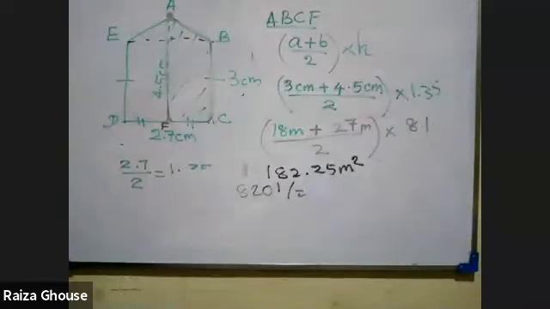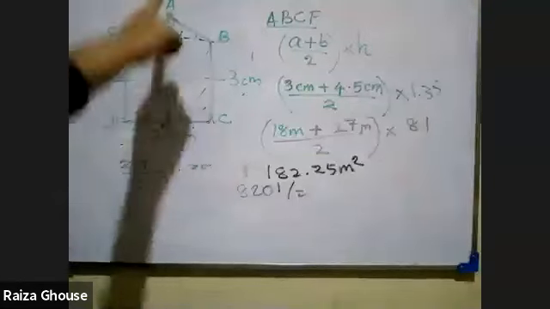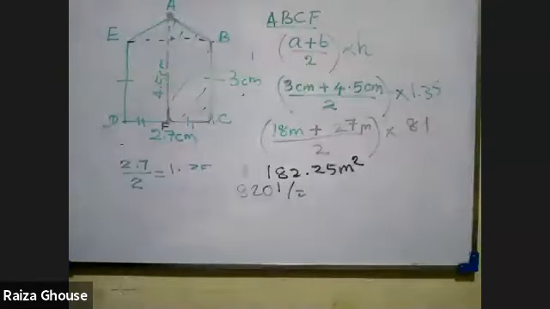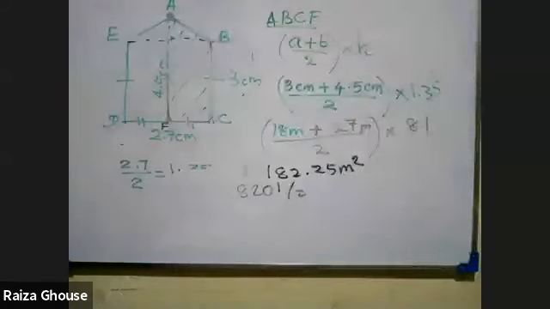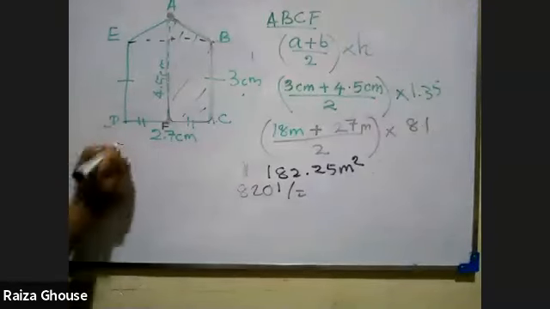So if the question is not clear, now listen. Keep your pens down and listen carefully. A diagram is there, okay? It's a diagram of a building. BC length is 3 centimeter, DC 2.7 centimeter, A to F 4.5 centimeter. These are the scale lengths. We have to find the actual length, actual breadth and all, right? So first you have to know the scale. 1:600. Listen carefully. That is the scale given.